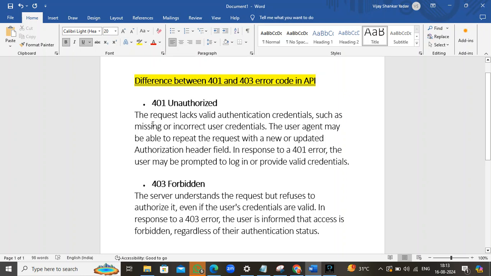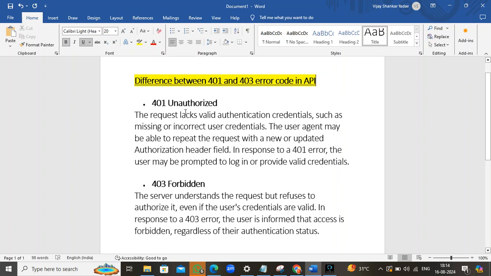In 401, the request lacks valid authentication credentials, such as missing or incorrect user credentials. The user agent may be able to repeat the request with a new or updated authorization header field. In response to a 401 error, the user may be prompted to log in or provide valid credentials.